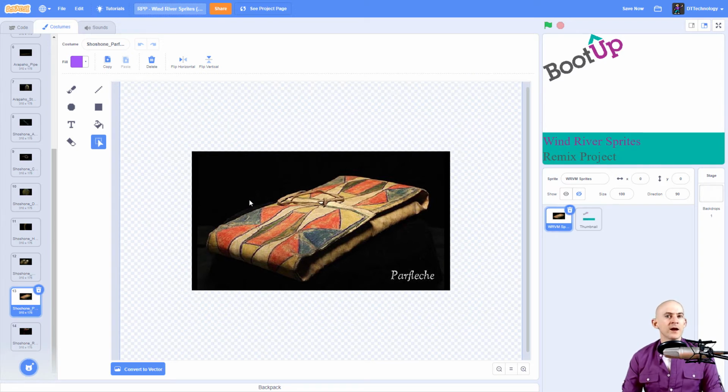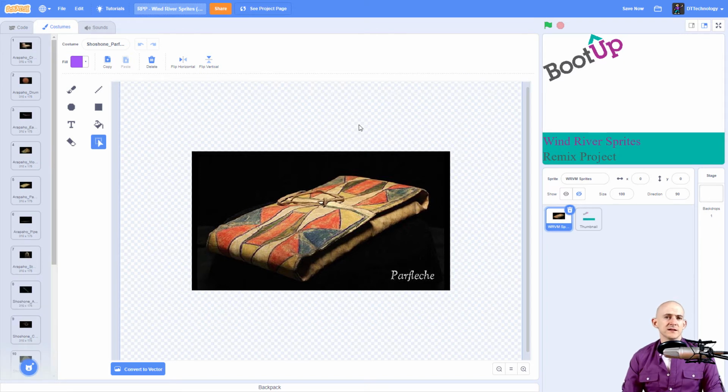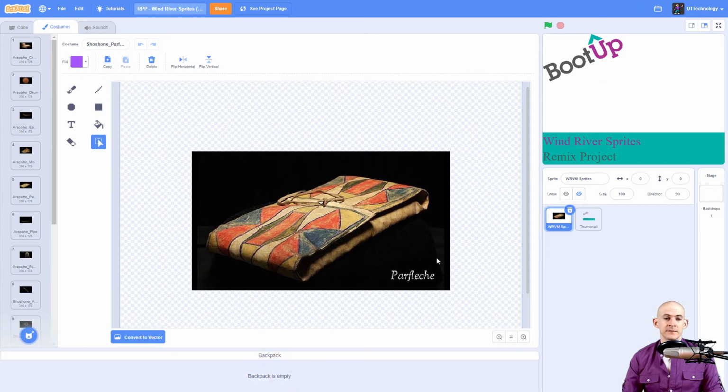But if you've already got a project that you've started working on and you want to bring some of these sprites over into there, there's a way that you can do that. All right, so let's say you're working on your project already and you realize like midway through working on it that you're like, I really need to have some of those sprites from the Wind River Sprites remix project. Okay, so the way that you can actually bring these over into your other project is you can go and open up your backpack as long as you are signed in. Right now, my backpack is empty, and you can drag in these sprites,